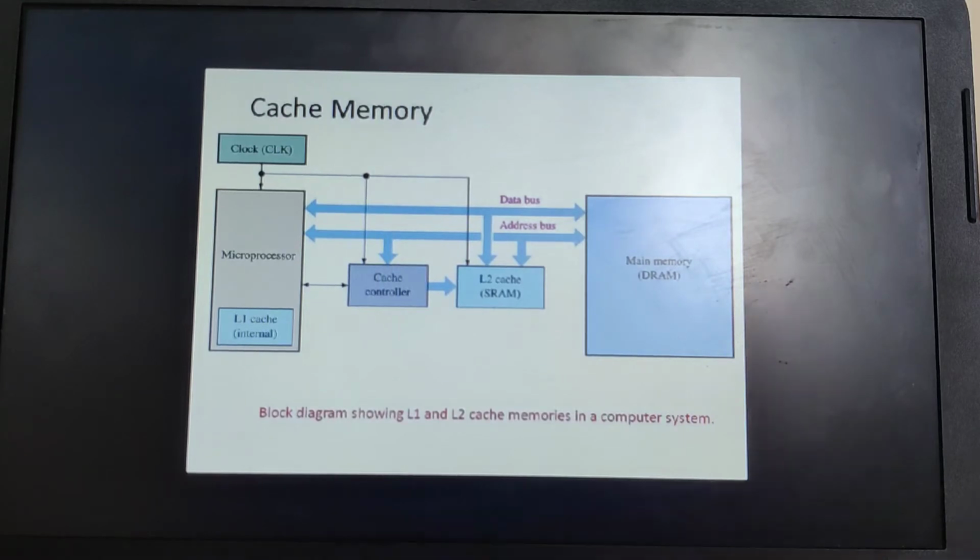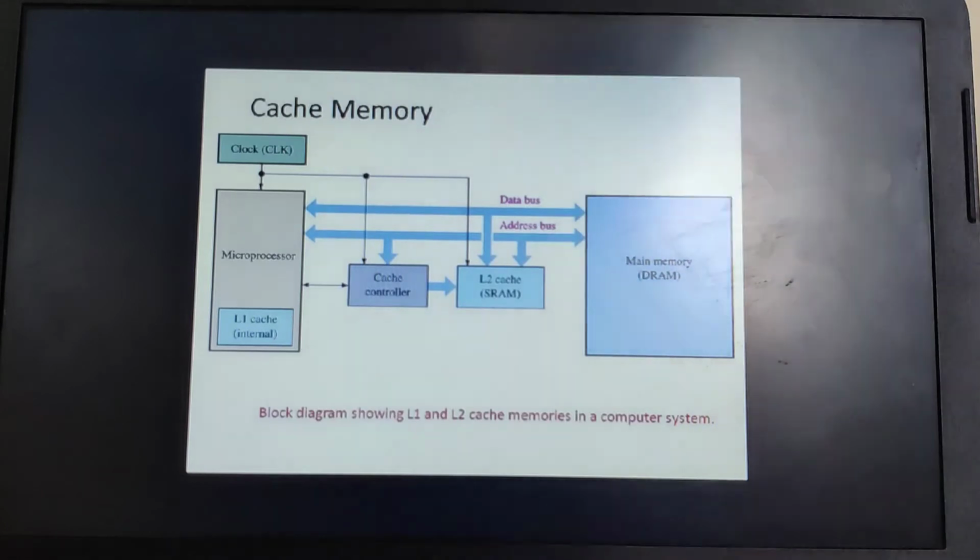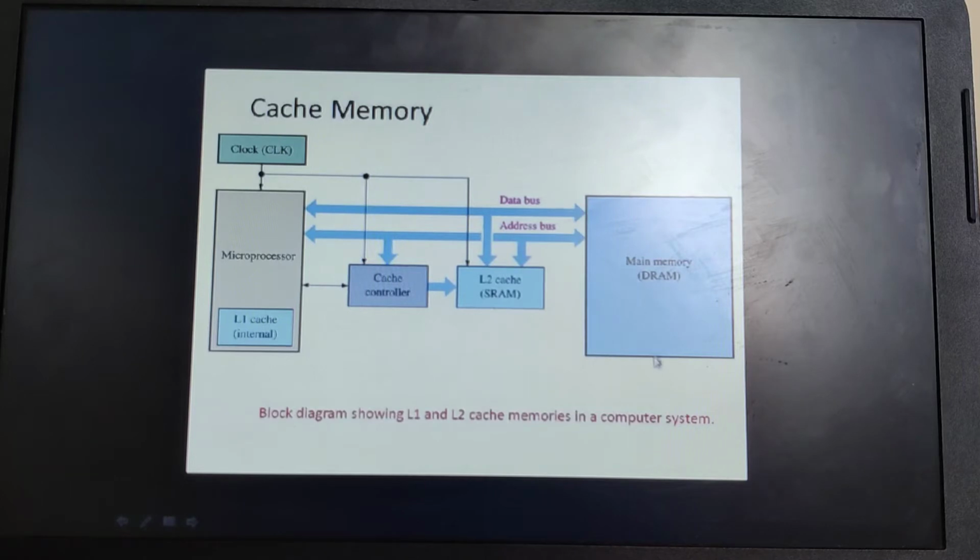In case of SDRAM, that is synchronous, I have already explained the term. What does synchronous mean? Synchronous means that your random access memory will be synchronized with the system clock signal. Can you see here there is a clock signal? This clock signal is associated with the microprocessor. This synchronous dynamic random access memory is completely synchronized with the clock signal. At the rising edge of your clock signal, SDRAM will transfer the data, and the SDRAM knows when the next cycle, the clock signal will be high.